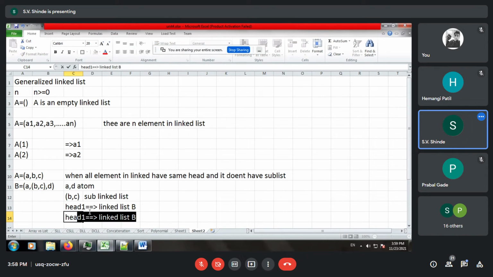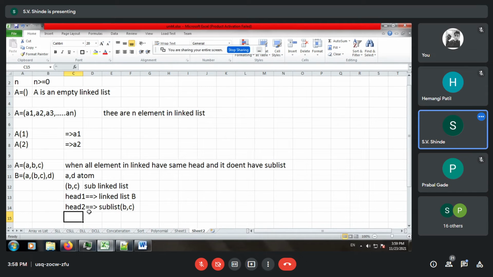So we say head 2, which will represent a sublist which contain the element B comma C. Yes, participants, did you understand the term sublist and atom? Yes, everyone?